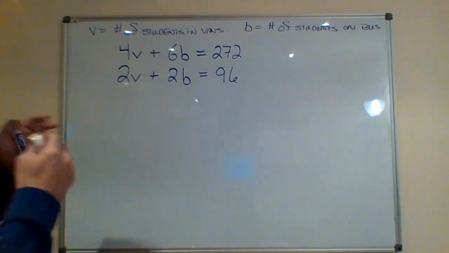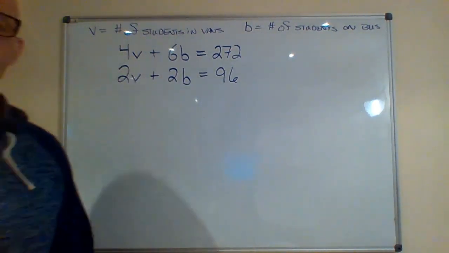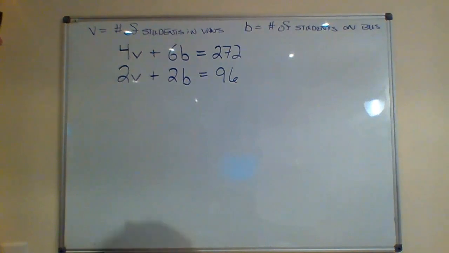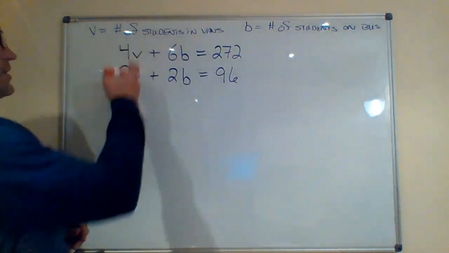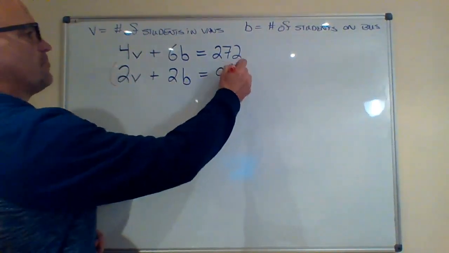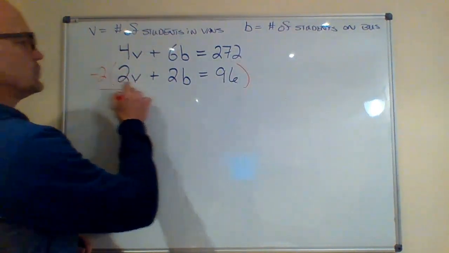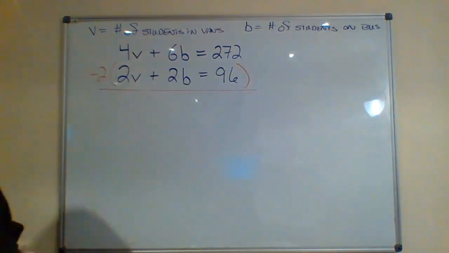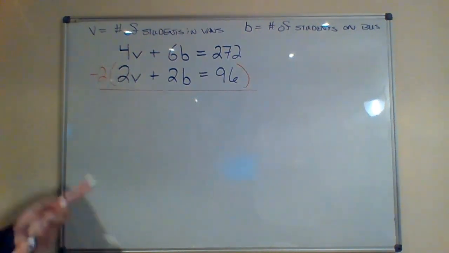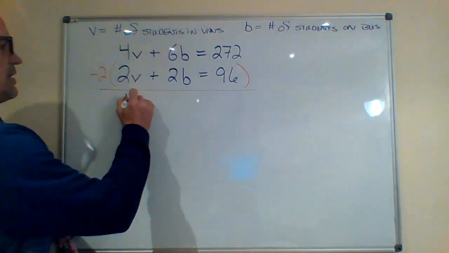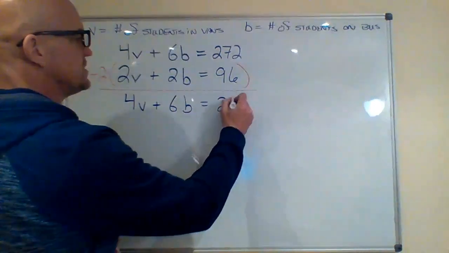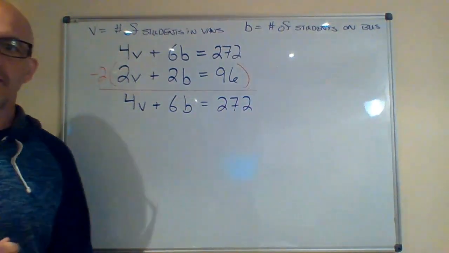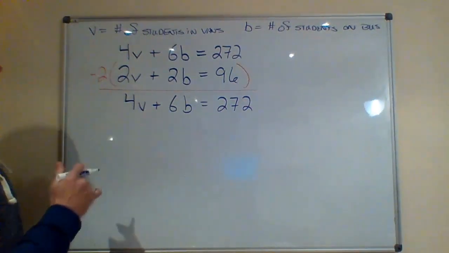So we can go after V or we can go after B, whichever one you choose. I don't think either one's that much more difficult. V might be slightly easier. I can make the V have opposite coefficients if I multiply this bottom one by -2. So the top one, I'm not going to change. The top one's going to stay as 4V plus 6B equals 272. The bottom one now becomes